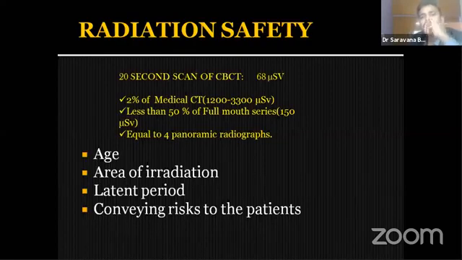At the same time, if you want a computed CT for the maxilla and mandible region, it requires around 2800 to 3000 microsievert. So a single CBCT scan can be considered equivalent to 4 OPGs. But a medical CT for a complete maxillofacial region is like taking 250 OPGs within 1 minute, that is the radiation dose. So look at how much reduced the radiation dose is here, and how clear the images we are able to analyze.